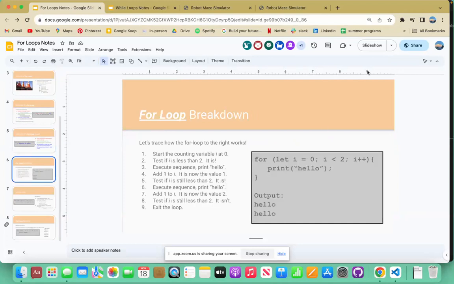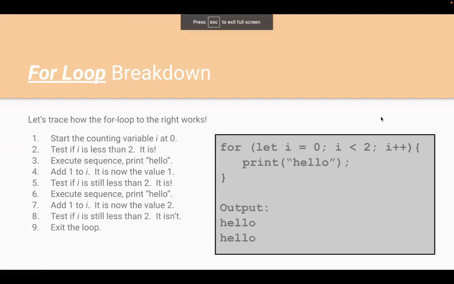All right, so now let's go through this for loop and what would actually be the result of this, right? So we want to print hello 2 times. So let's see if this for loop can actually do that. Well, over here we can see the output that